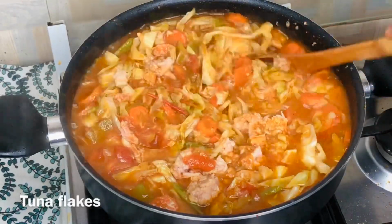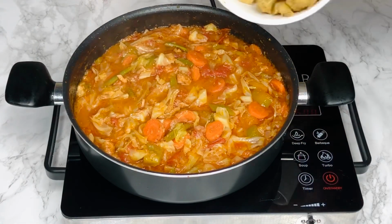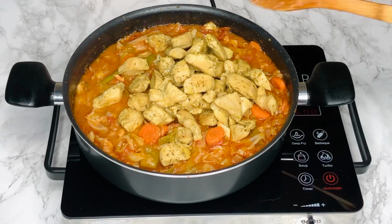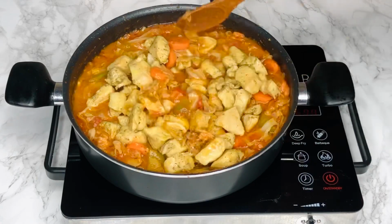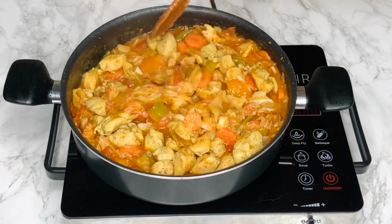And while I was cooking this, my gas got finished, so I had to transfer this and finish it up on my electric stove. Now is the perfect time to add our chicken because this stew is almost done. Add your chicken, give it a good mix. Tell me this isn't looking delicious,